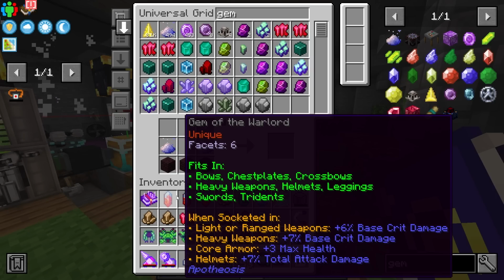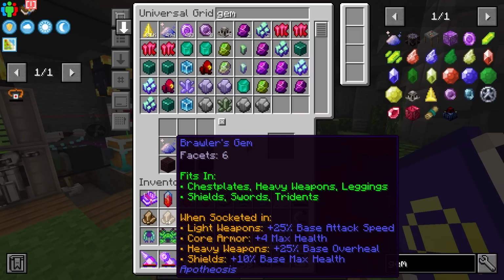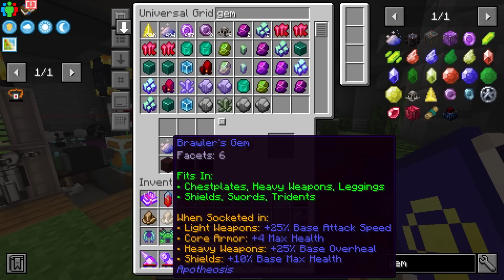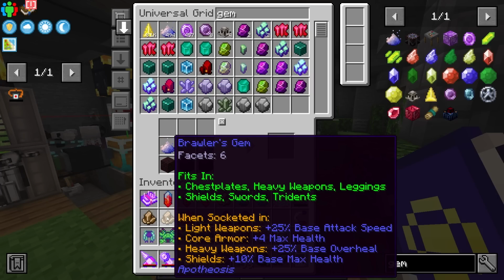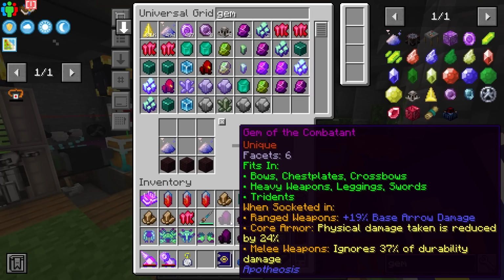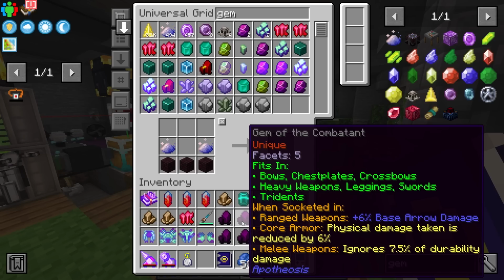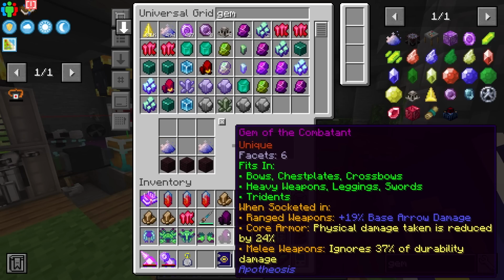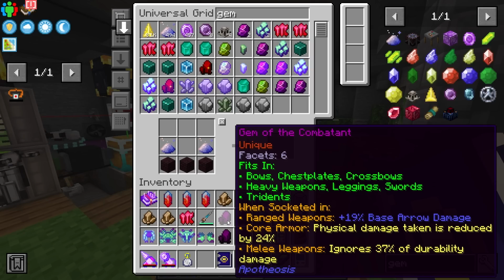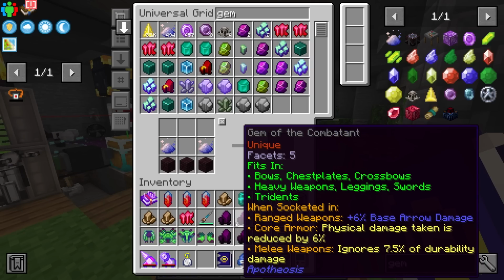And then all of these are health related. So this is going to, on the core armor, give us bonus health. So are these brawlers gems. These are going to give us extra health. On heavy weapons, it would give us base overheal. And then these right here are really cool. These are going to reduce overall physical damage taken. And I mean, we almost have enough between all of these. If this one was a little higher, that would be almost 100% physical damage reduced, which would be